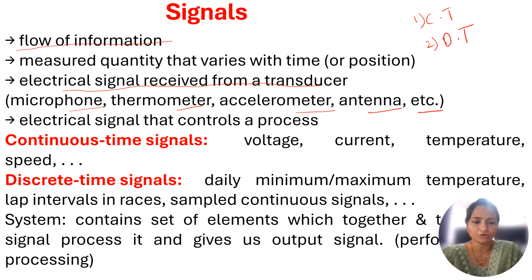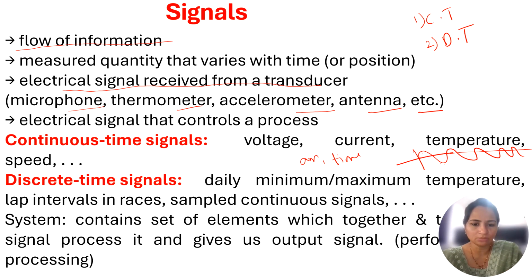In terms of continuous in nature, if the amplitude as well as the time is continuous in nature, like if you are considering this sinusoidal signal, this is continuous in nature. This type of signal we can call a continuous time signal. So the amplitude is continuous as well as the time. Now in terms of the discrete time signal,